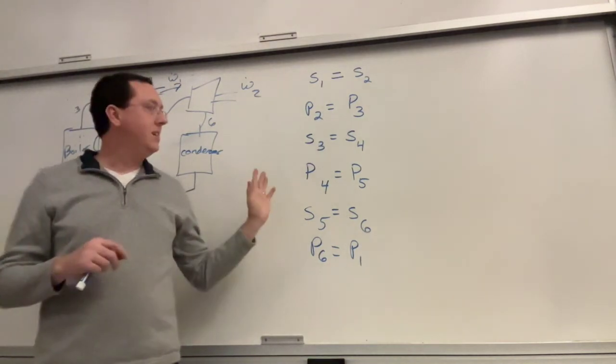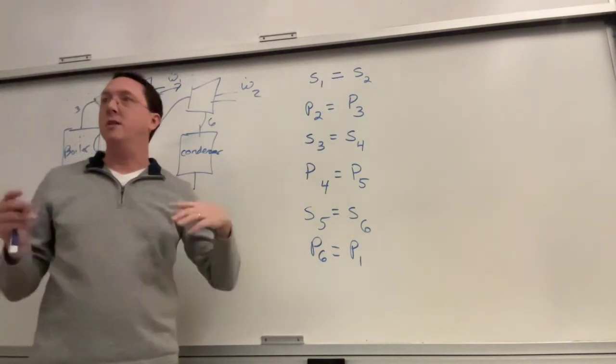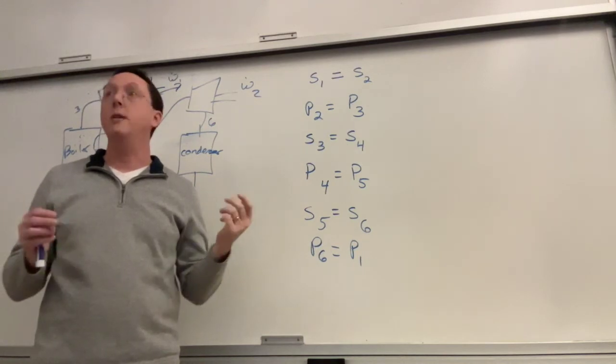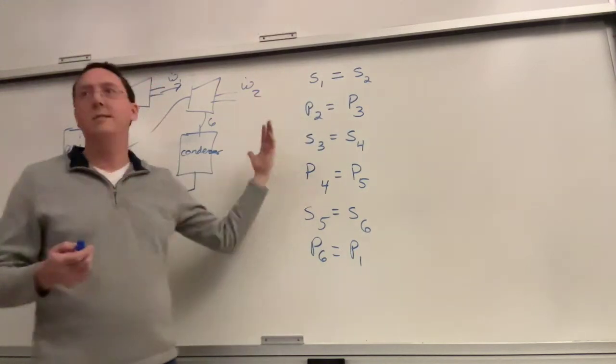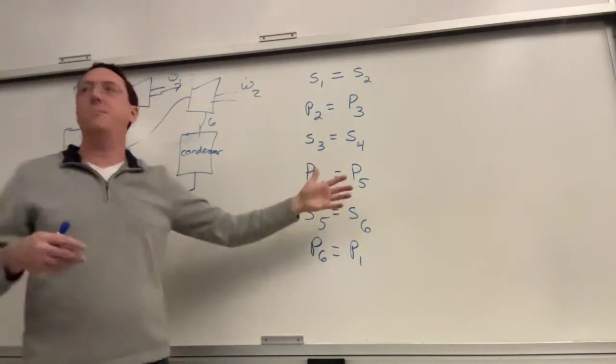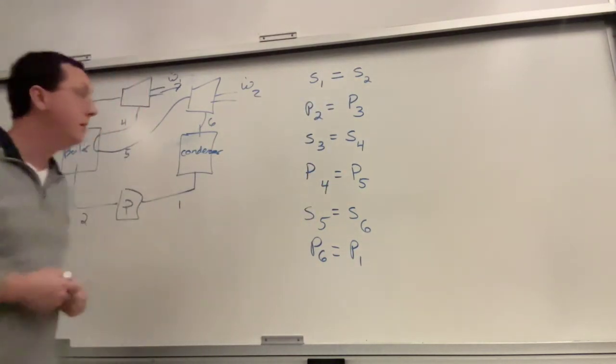The only one that we haven't seen is a throttling valve or a nozzle diffuser, and those you just assume the enthalpy is constant. So that's just okay. You just swap this out for something else. Okay? Now,